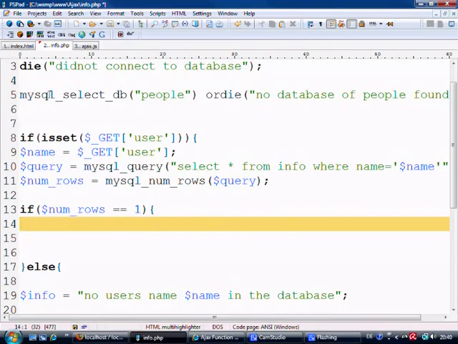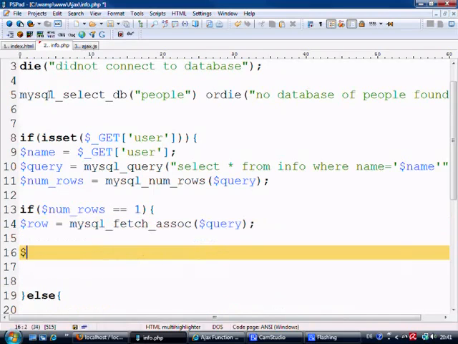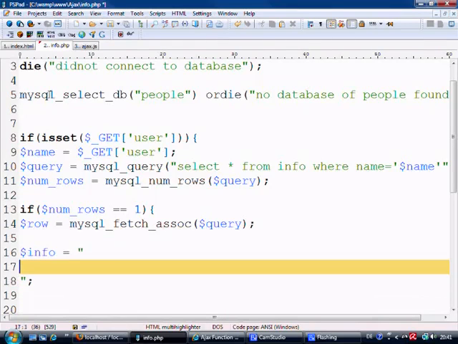Okay, so if there is one row, then what we need to do is basically drag out all this information. So what we need to do is fetch assoc of query, and what we're going to do now is make our info to echo it out. So info equals, let's just push this to another line, and we're going to say name equals, we need to concatenate this on, row name, and we'll add a break here, and let's just copy this